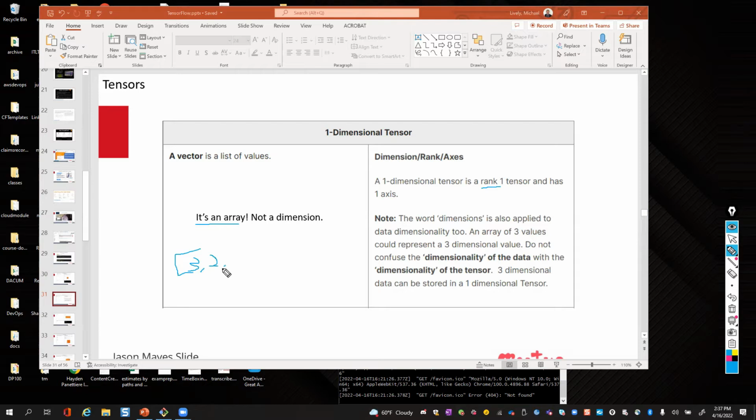But if I put another number in there, that could be a vector in 3-dimensional space. If I put another number in that array, that could be a vector in 4-dimensional space. So just keep this in mind: a tensor is not dimensions. It's an array. It's a data structure.